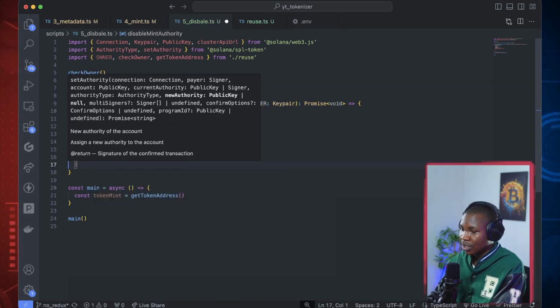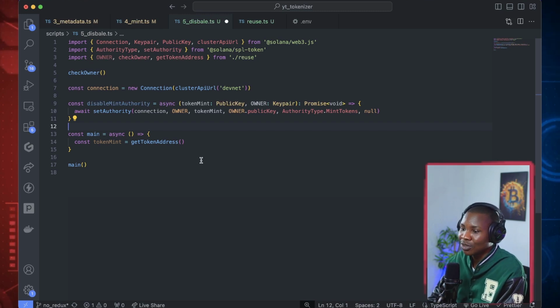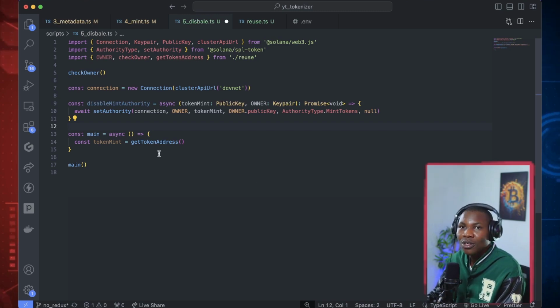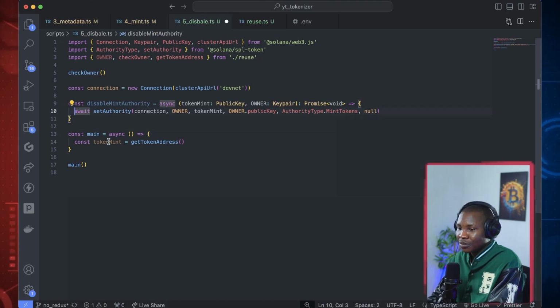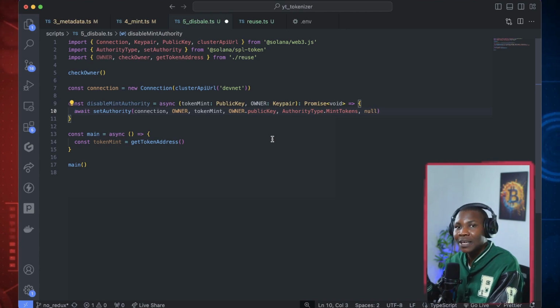and then you want to make sure that the new mint authority is null. So when you do this, that means the entire project is secured because it doesn't have any mint authority anymore. So nobody can come and mint. You're basically just shutting down that minting ability. Nobody can mint new tokens anymore. But if you say close, that means you can still open it back. You get that. So this new mint authority being null